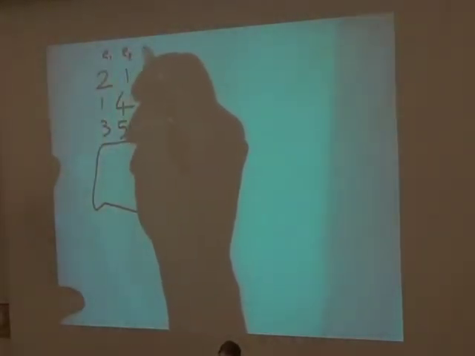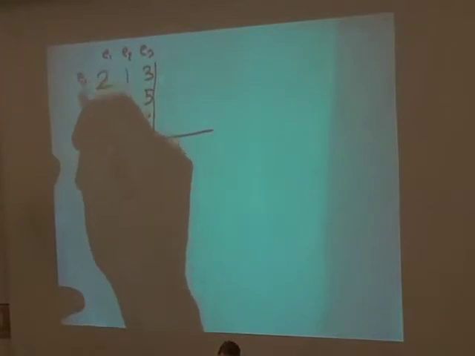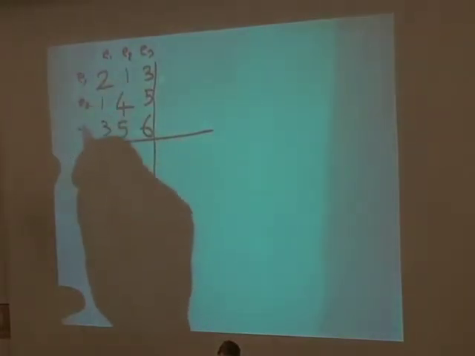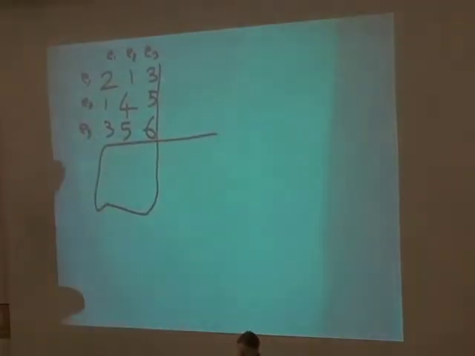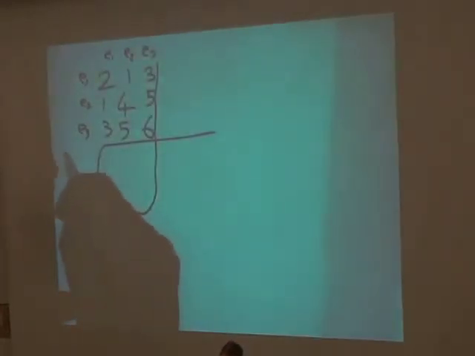This was with respect to a basis E1, E2, E3. And then I'm going to use a new basis, which is E1, E2 minus a half E1,